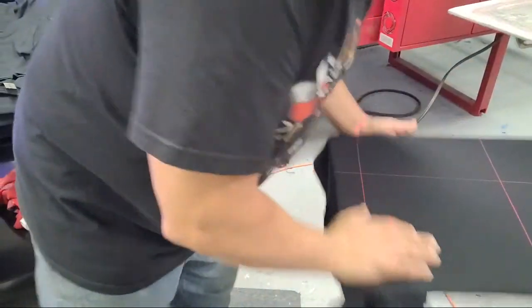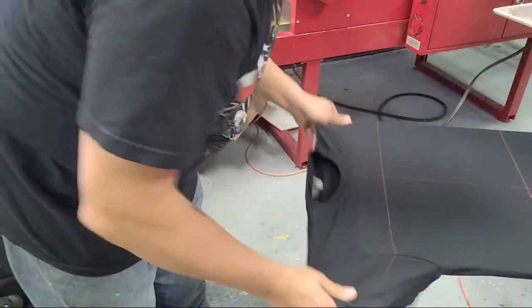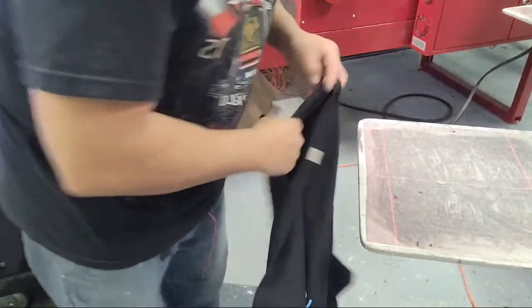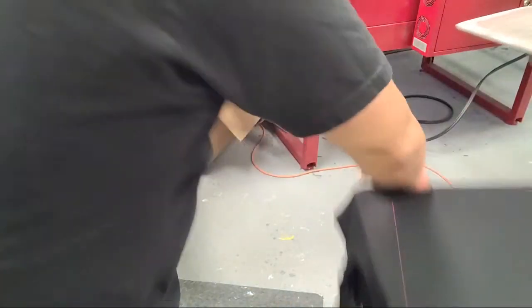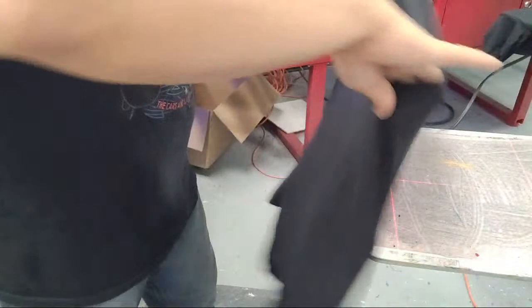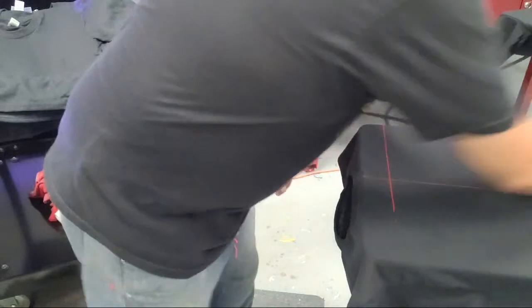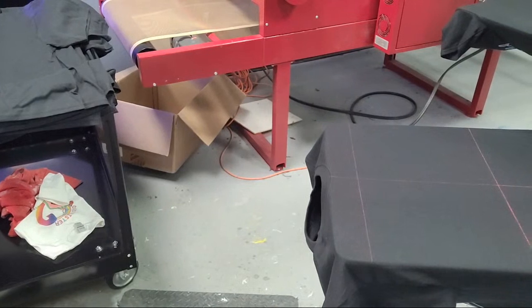Alright, so that one is done. It was only 2 shirts that I didn't order. Then I gotta do one with sublimation for them too. So this one I am putting a white underbase because I'm hitting it with a lime green, and if I hit the lime green on the shirt, the black will go through it. Right? So I do have an underbase for this one. And I'm gonna print, and then I'm gonna flash it, and then I'm gonna print it again. So we're doing the print, flash, print, I guess. All right, let me turn on my